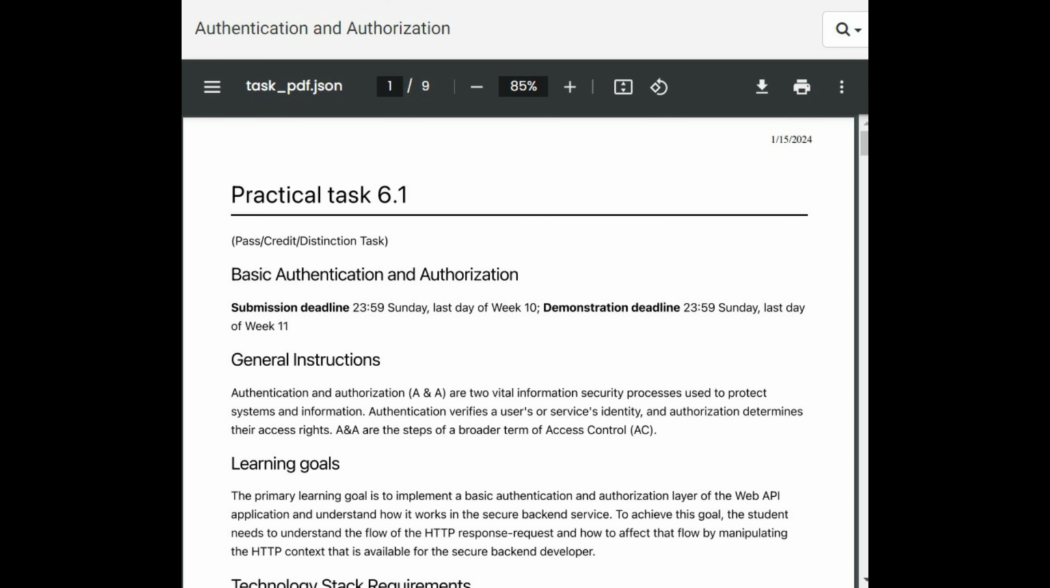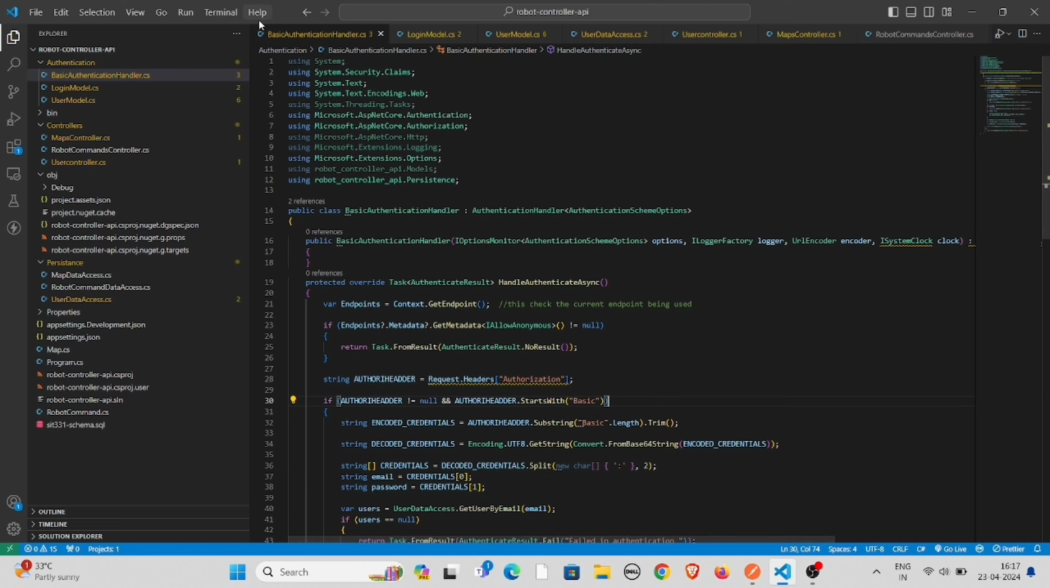Now let's take a brief look at my code. First of all, BasicAuthenticationHandler.cs is used to implement the authentication. It is an authentication method used in the HTTP protocol. Here, it is used to send username and password for each endpoint, which is encoded as a base64 string. So, firstly, the